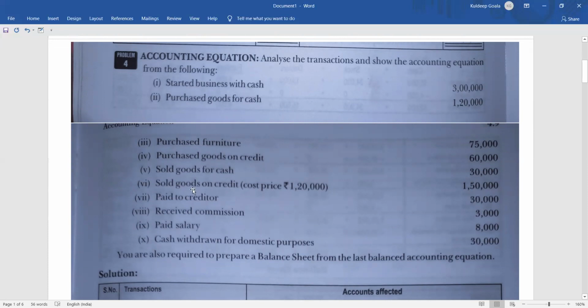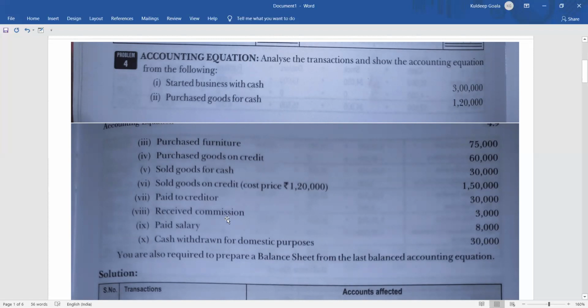Let's find out what are the items here. One is the stock, and it is debtors, right? We have sold goods on credit, means there will be a person who is going to pay us. He has not paid us because we have sold on credit. So we have got our fourth asset, that is debtor. Debtor means the person who is going to pay us. Then paid to creditors. Creditors we have already made, and we are paying cash. So cash is already made here.